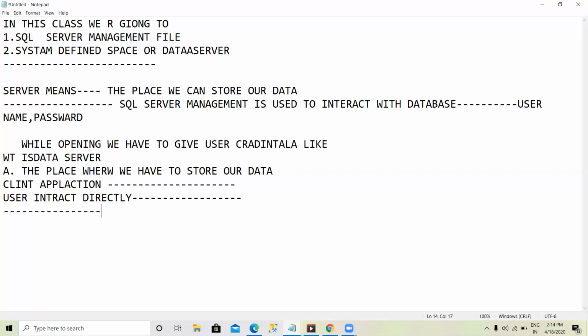Database server is a software which is used to store data. What is the use of a server? By using the server, we can use our application for multiple users. Let us start in a detailed manner.